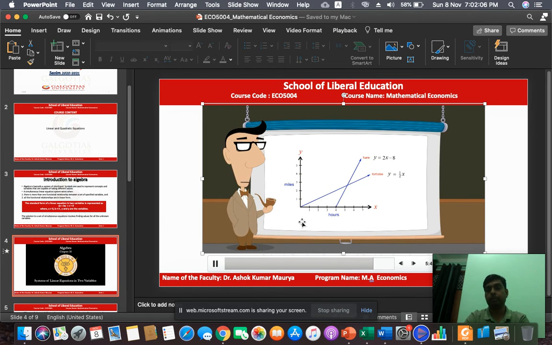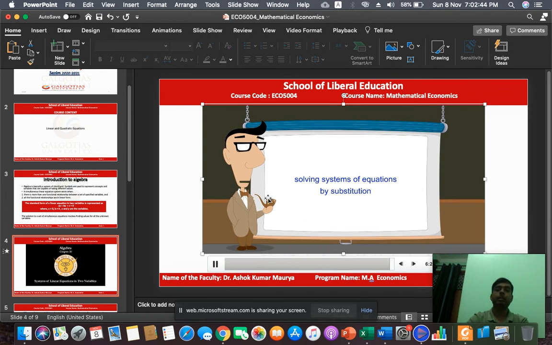So actually this is the basic idea of how to find the linear equation, and this is how we can draw an equation on the basis of graphical representation of linear graphs, of different lines, you can say straight lines. So this is the basic idea of linear equation, and we can find out the equilibrium point, you can say the intersect point of two different linear equations.